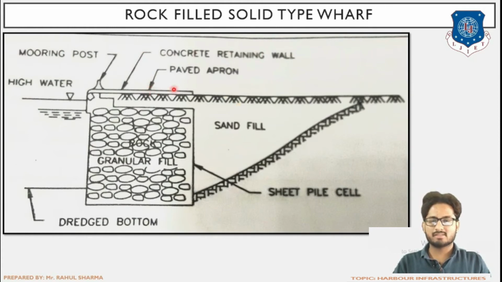Concrete retaining wall, that is basically instead of apron, sometimes here CC, that is concrete, can be used as well, but basically in most situations only paving is done. It is a rare case in which use of concrete is being made in construction, because that will increase the load. High water, that is here the water level, existing water level has been shown, HWL, high water level.